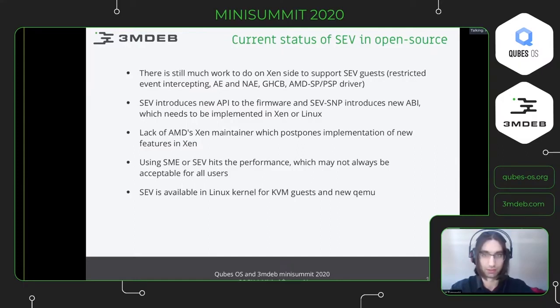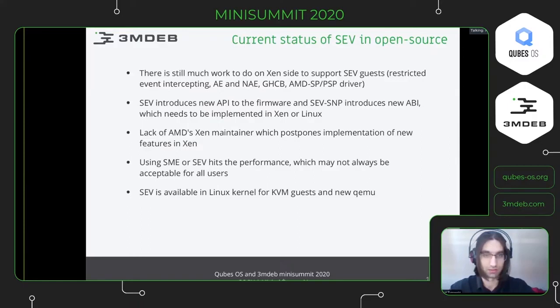There are certain new instructions and certain new structures that have to be implemented in order for SNP to work properly. It also has to be implemented in Xen or Linux. Additionally, I got information that there is currently no AMD Xen maintainer, which also postpones the implementation of these new features in Xen.